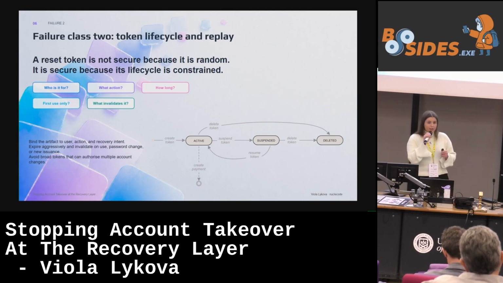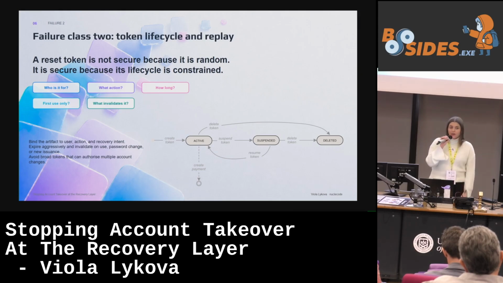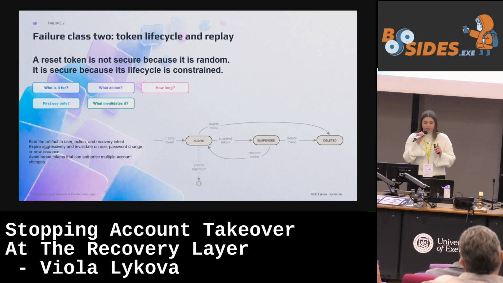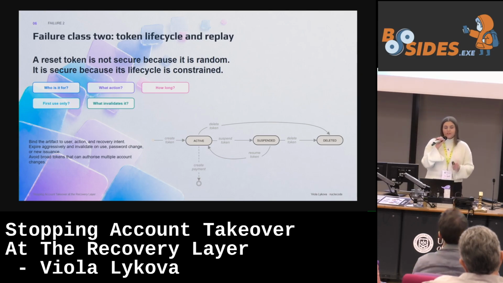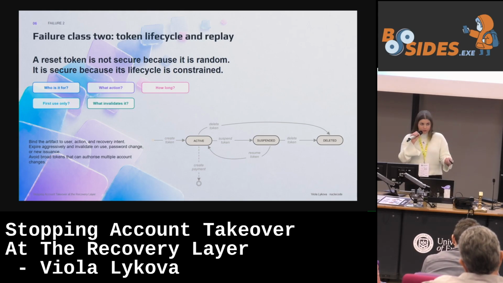Whenever I start designing the architecture for authentication flows, I actually start with the paths that recover accounts. So I start with the backend shape and specifically the token life cycles, because I need to understand what exactly will happen at each point in the chain when the person is restoring access. What kinds of cases do I want to avoid, and what kinds of cases do I want to actually support? So we should ask questions like who this token is for,